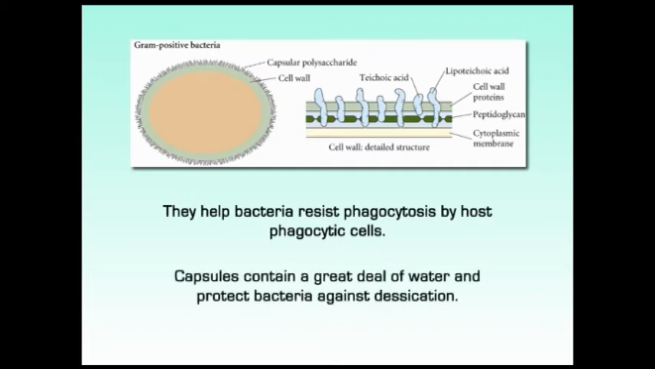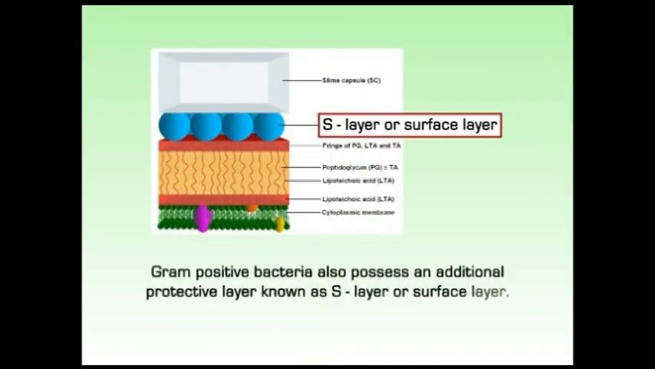Capsules also contain a great deal of water and protect bacteria against desiccation. Bacterial viruses and most hydrophobic toxic materials such as detergents are excluded by capsules. Capsules also facilitate the attachment of bacteria to the surface of solid objects in aquatic environments or to tissue surfaces in plant and animal hosts. Gram-positive bacteria also possess an additional protective layer